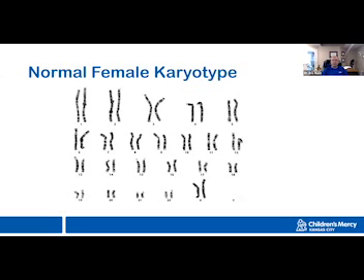Obviously not a peroxisomal disorder. We wouldn't be able to diagnose a peroxisomal disorder on a karyotype. But we can diagnose some things that are a result of whole chromosomes that are extra, like Down syndrome, or whole chromosomes that are missing, like Turner syndrome. So we are able to diagnose some of these conditions on karyotype. It just depends on what you're looking for. And part of my job as a clinical geneticist is picking the right tool for the job, depending on what patient comes into the office.